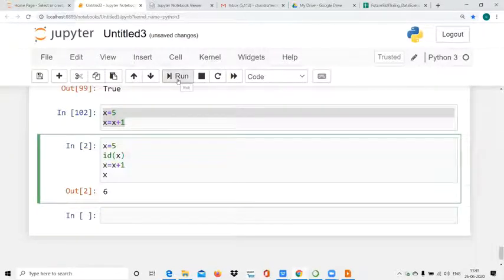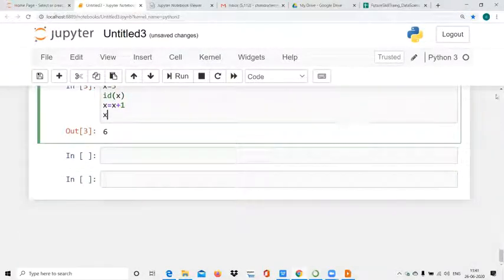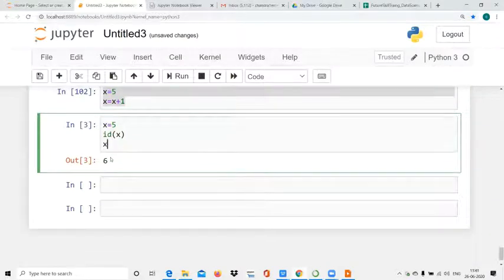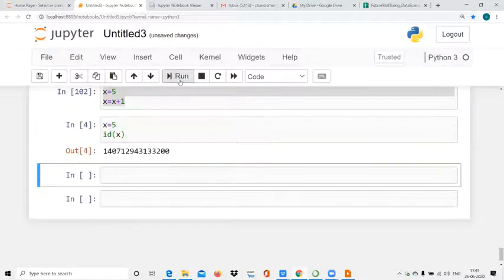ID will tell the memory location. See, ID will show the memory location of this x.